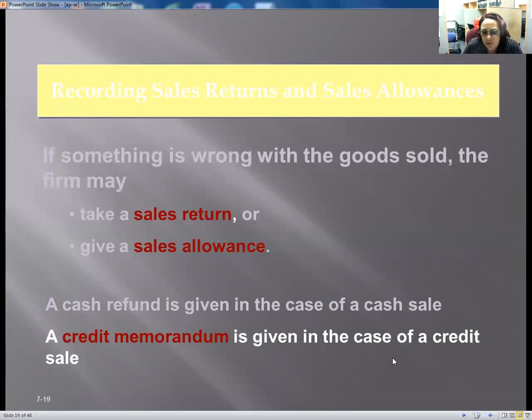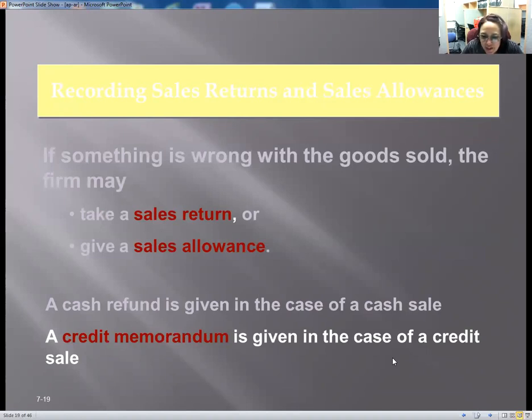So if you have a cash sale and they give you the $650, you're going to turn around and give them some or all of that back. So you would credit your cash and, I'm sorry, that was wrong, you credit your cash and debit your sales, because sales is a normal credit balance. So you want to debit it to take it and lower it. I was thinking ahead, so I had to slow down there.